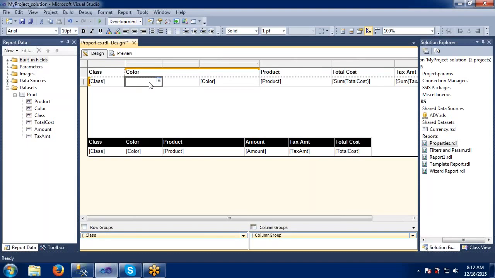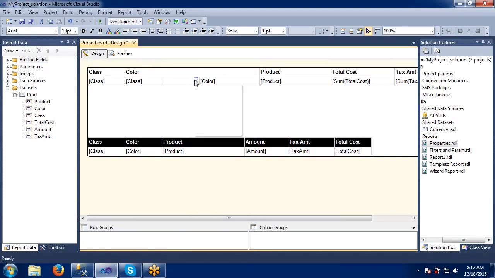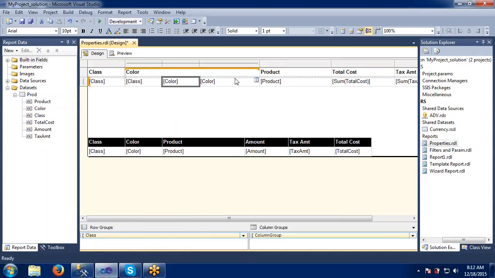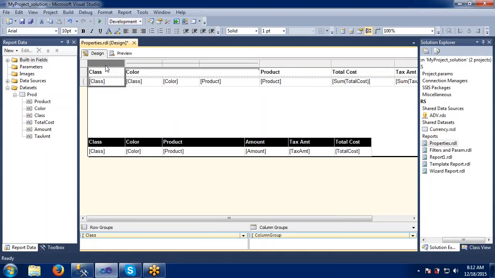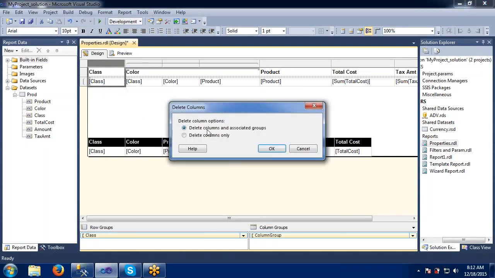I'm just trying to take it as one group so that we can display everything in one group. That's my intention here. Class, color. What I would like to do here is color I have given here and some product here. Okay, I will try to remove this one. Delete this column. Yes.